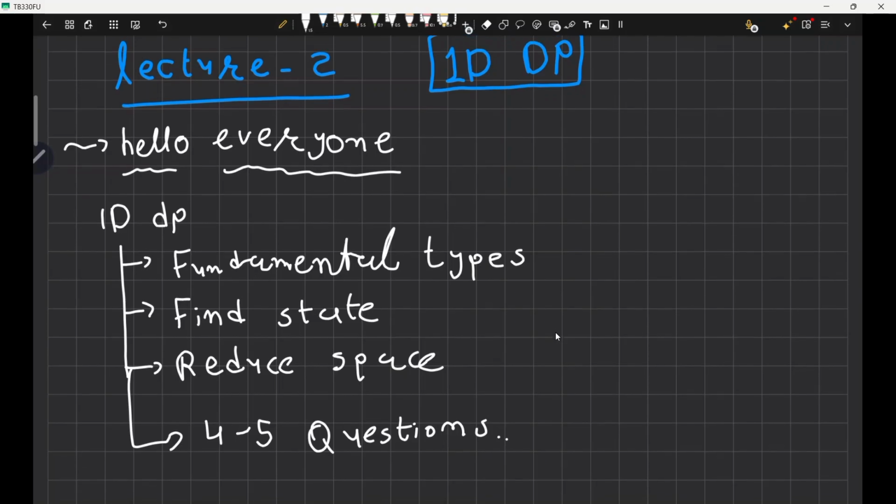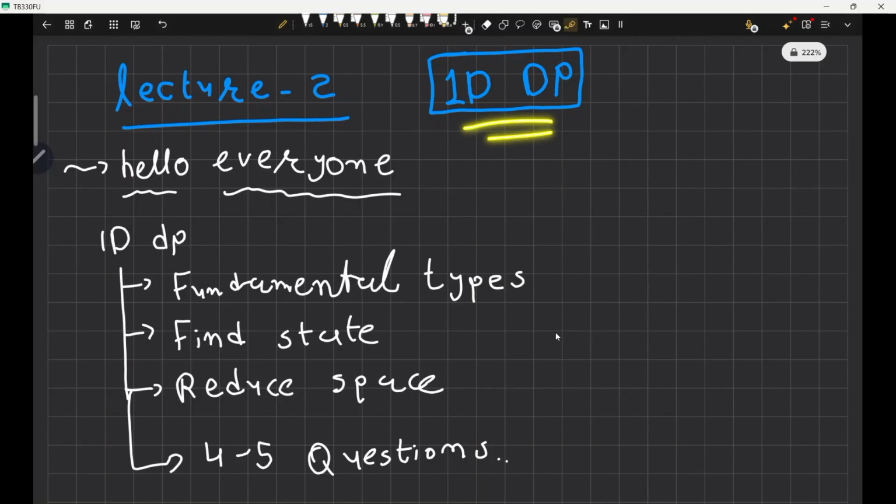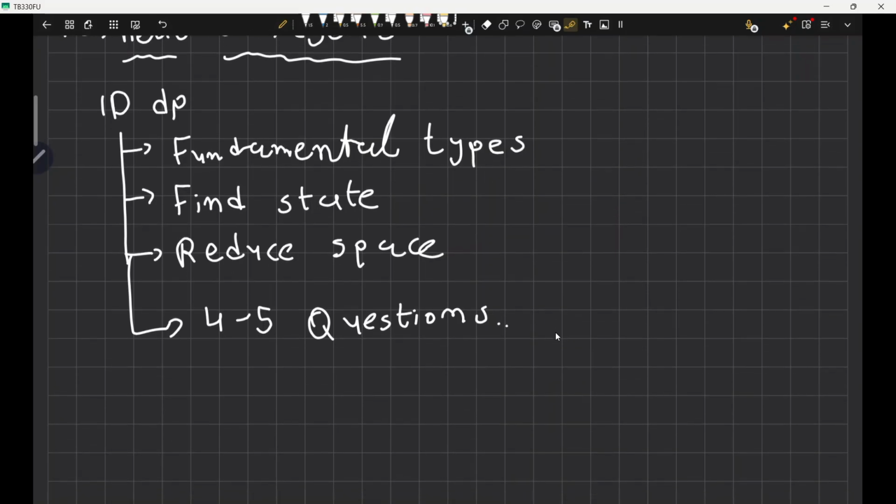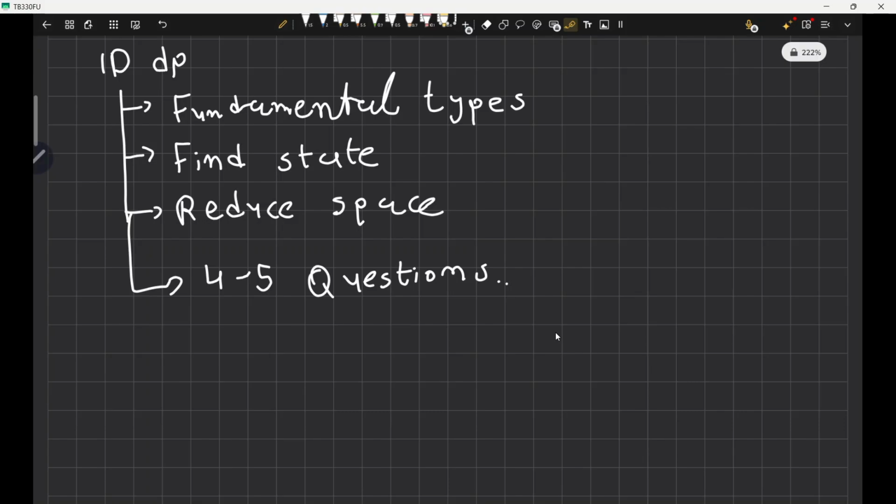Now in this video we are going to learn about 1D DP in advance. We are going to solve most of the questions. First of all, we are going to cover all of the fundamental types of 1D DP. Then we are going to learn how to solve non-fundamental questions, how to find their states, and from states how to make the transitions. After that, we will also learn how to optimize this step. Again, we will solve them by memoization, tabulation, and also a new concept, which is how to reduce the space of